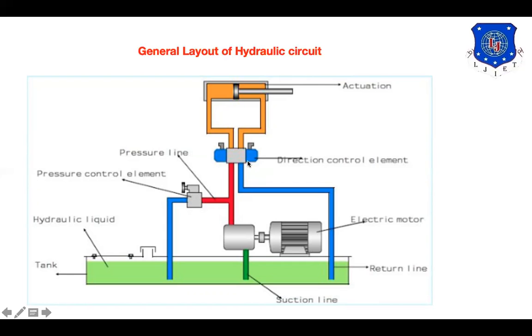If we are not pressing the direction control valve so that the cylinder gets retracted, then pressure will start building up in this particular cylinder region. And if this pressure exceeds the limit which the cylinder can handle, then this cylinder can burst. Not only the cylinder, this direction control valve and these different hoses which we are using all have one limitation, so those particular elements will burst.